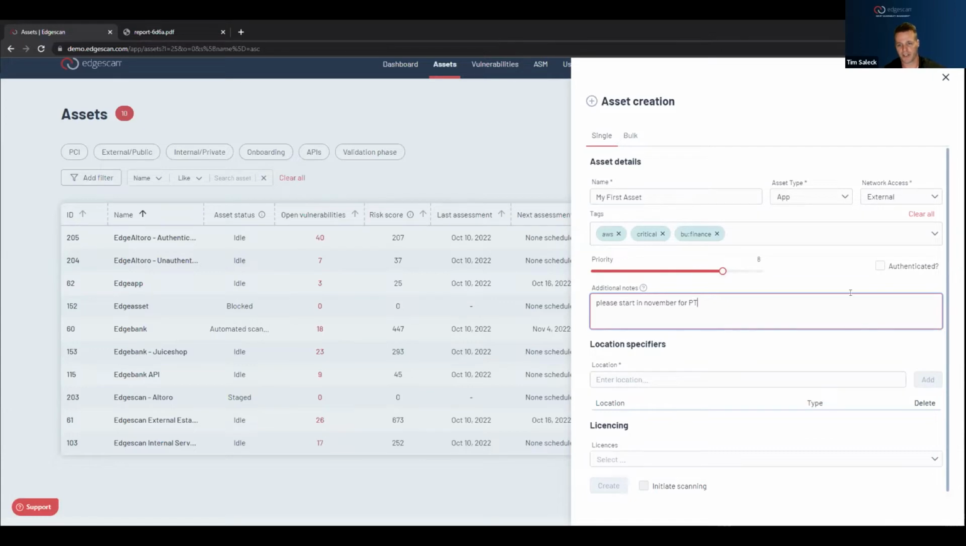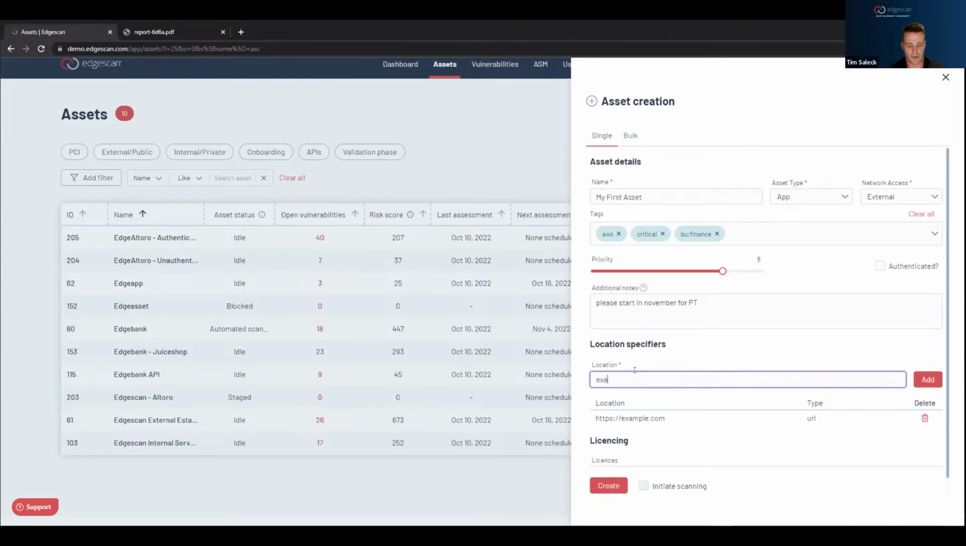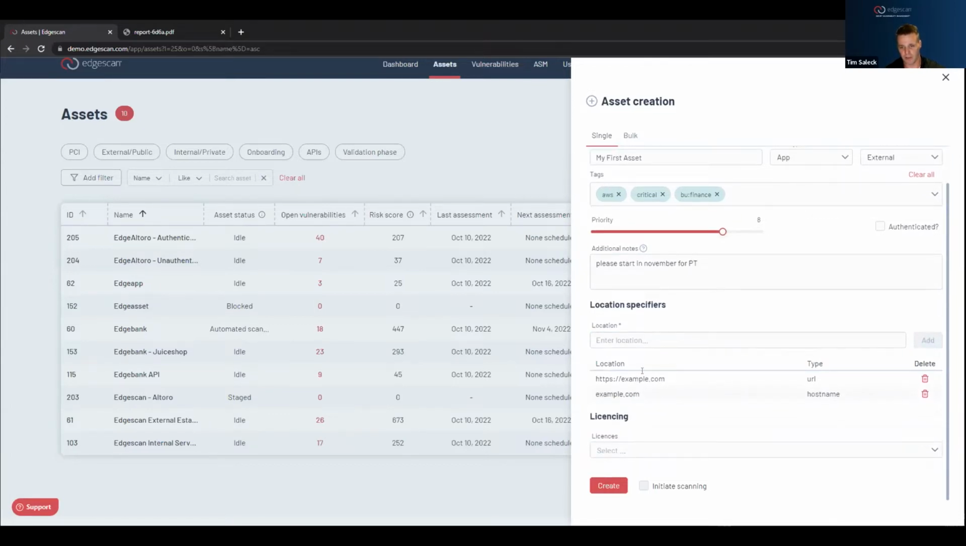And then for a location, since we are a full stack solution, we need a couple of locations here. The first will be the URL that we're going to test against, https://example.com. The second location specifier that we're going to add is the underlying host, example.com. We have our two locations, again allowing for the full stack testing of the solution. We'll associate a license with this. We're going to use the advanced license, and we're going to go ahead and create scanning and initiate the scan on creation. So when we create that asset,